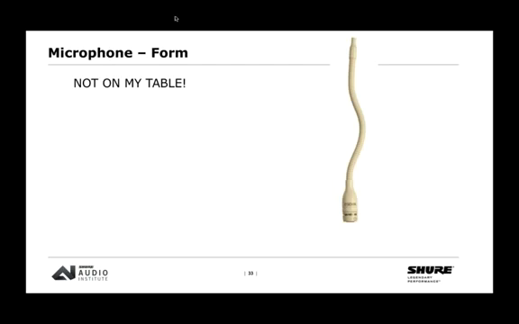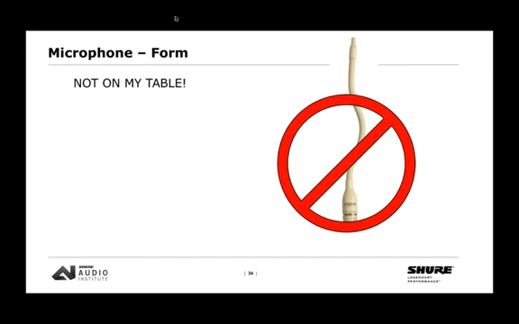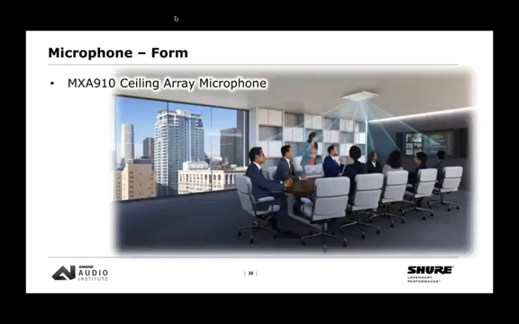So then we get asked, okay, which Shure microphone should we hang from the ceiling? We're thinking of something like this, the MX202. And of course, we immediately say, please don't do that. Based on what we've been talking about thus far, even a supercardioid or hypercardioid microphone hung from the ceiling, that critical distance is now so far away that the voice is becoming part of the noise floor. We need something with much more rejection than any of these other ceiling products can give us, and that is